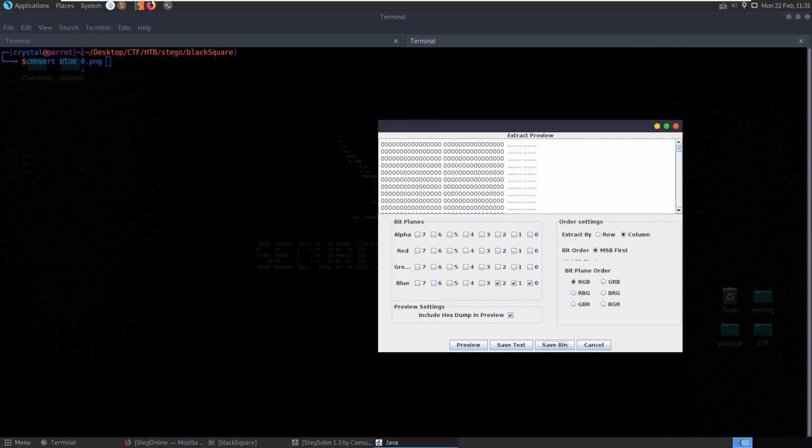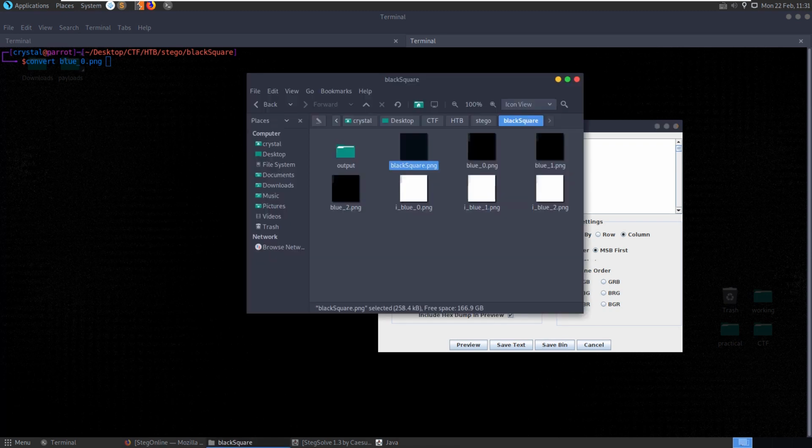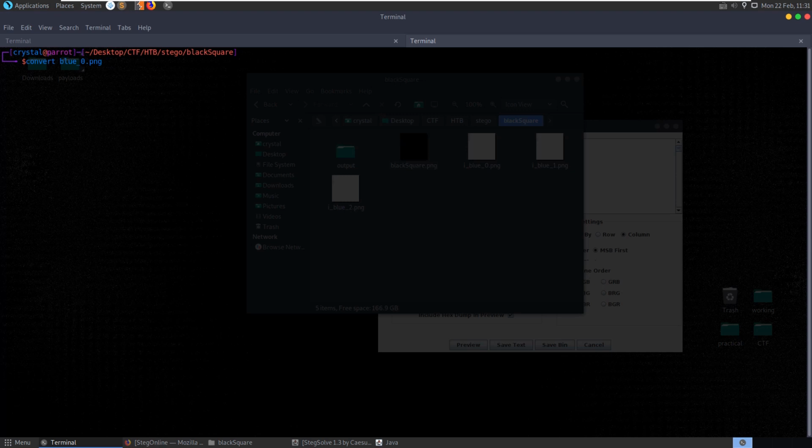Oh wait, let's get rid of these, so we only have the inverted blue. Oh, so it's inverted blue 0. We're going to convert that, and we'll say transparent white here, but we could have actually done that with black actually, and